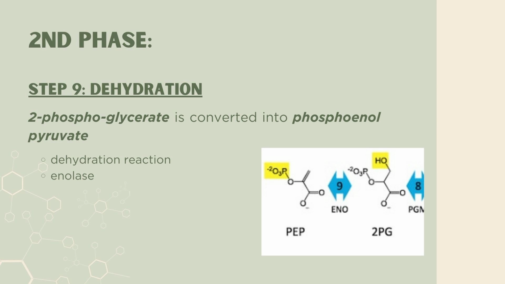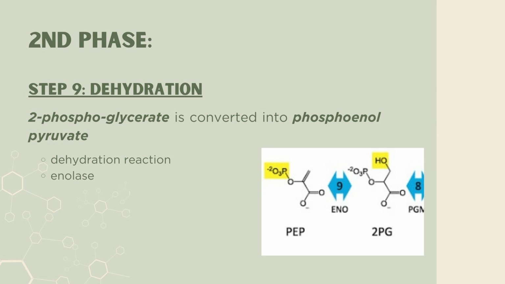Therefore, we're removing water out of the equation as a side product through a dehydration reaction. The 2-phosphoglycerate then becomes phosphoenolpyruvate with the enzyme enolase that catalyzes the reaction as it proceeds through an enolic intermediate. Thus, in this step, we have the dehydration of 2-phosphoglycerate into phosphoenolpyruvate, gaining 2 water molecules